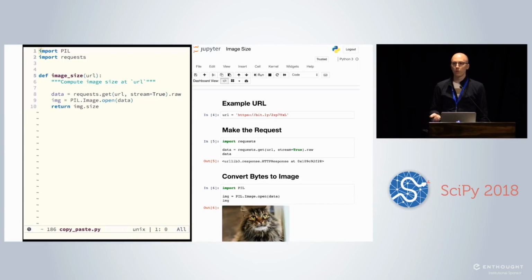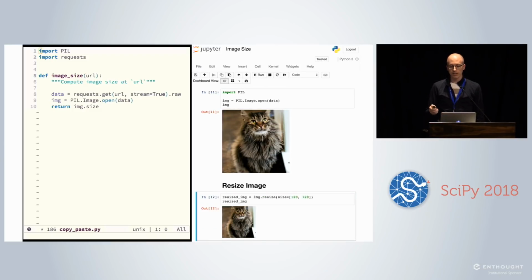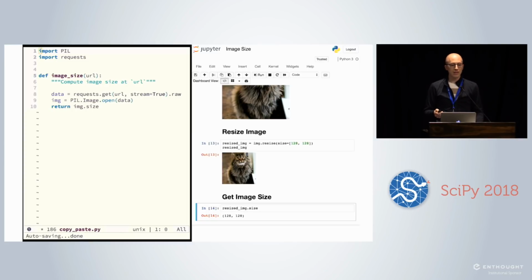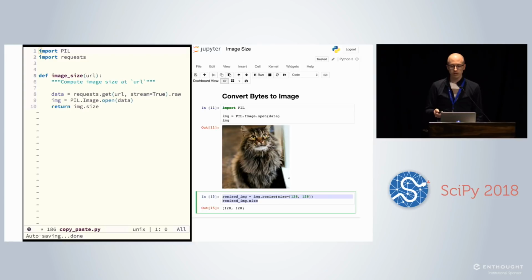So now we're at the point where we can actually run this code and get a better idea about what kind of intermediate data is computed in the body of this function. Once we've done that, we can now have an environment where we can write some code to resize the image, write that code, evaluate that code, see the change, and then once we're happy with it, we can take that code, merge some cells, and copy and paste that back into the original code,